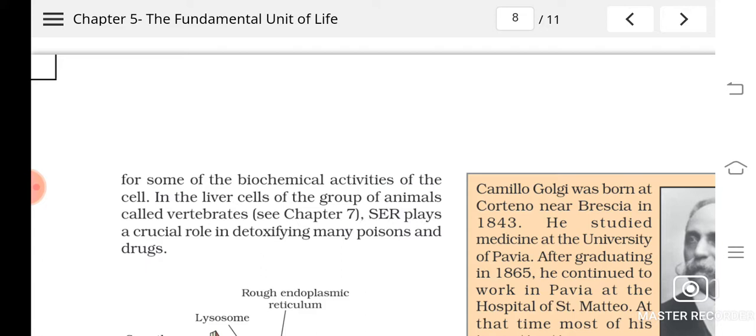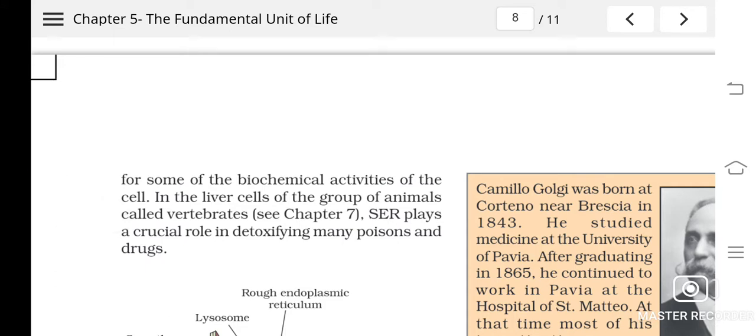Okay, so the manufacture of fats or lipids and proteins, and their transport, understood. Then they form the cellular framework. They also help in the detoxification of what? Poisonous substances in the liver. Okay, SER, especially SER present in the liver, helps in the detoxification of poisonous substances. So understood about ER, where they are located, how they look, what their types are and what their functions are.